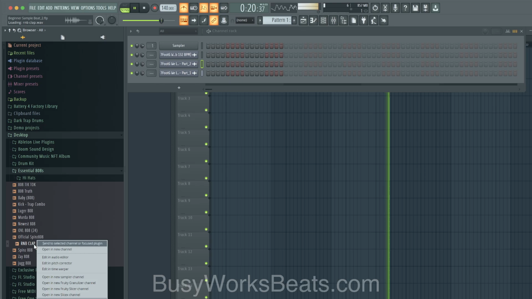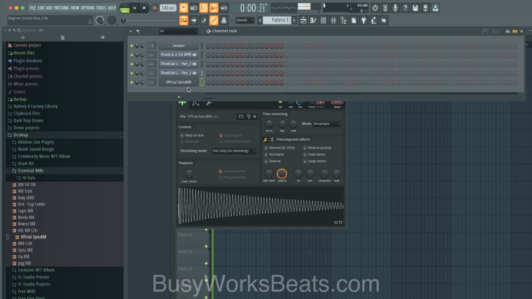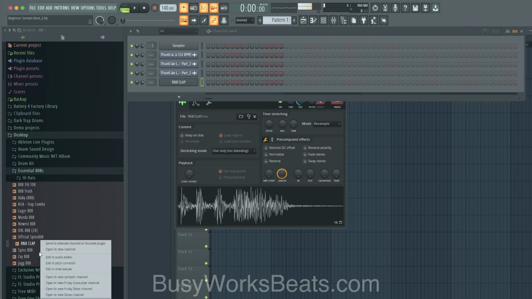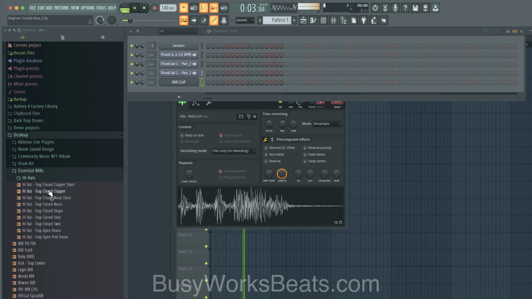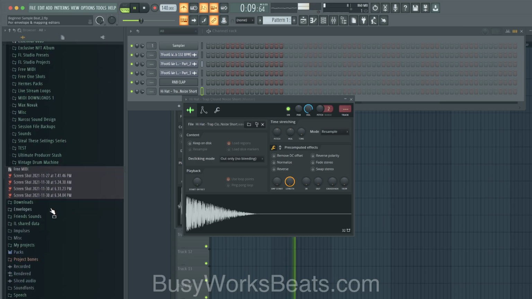Okay, so we're gonna right click. This is a good habit, in my opinion, to right click and open in new channel. What that will do is import the sound and make sure it doesn't overlap anything. A lot of people teach you to just drag sounds in, but what can happen is, if I accidentally drag an 808 over a clap, there's no way to Control Z. So you forever lost your sound, and that's super unfortunate if that happens to you and you don't remember where you got the sound from. So it's a good habit to right click and open a new channel. That way you don't accidentally overlap stuff. Okay. Let's grab a hi-hat. Again, having the right sounds is half the battle. That's really all it is, having the right sounds.